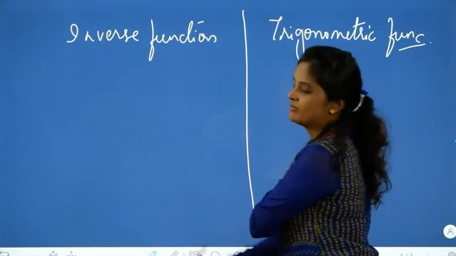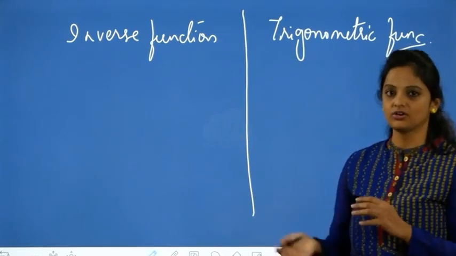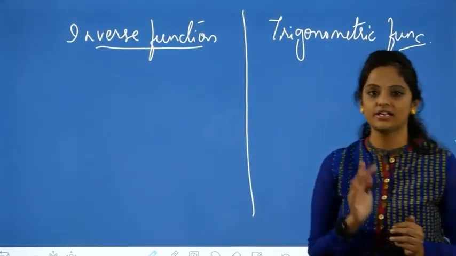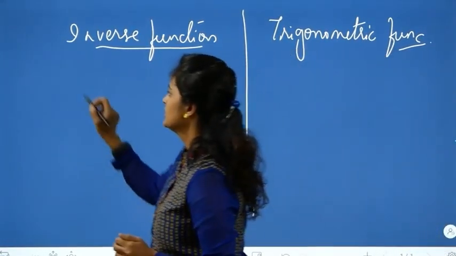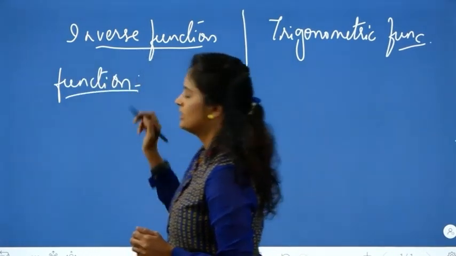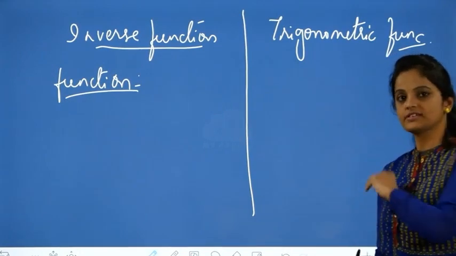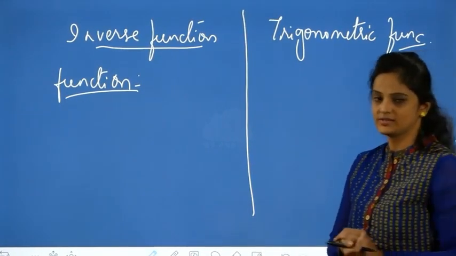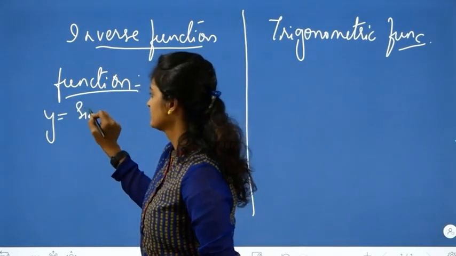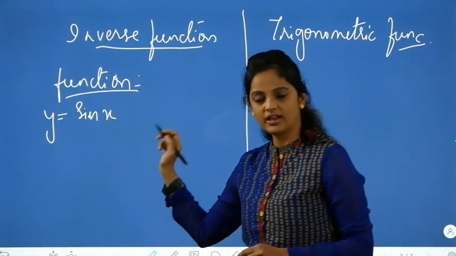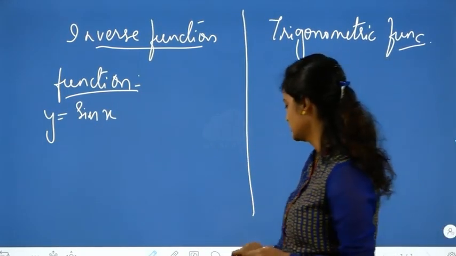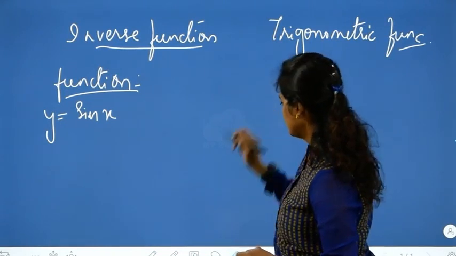Okay, now we are combining that inverse function and trigonometric function. But why we are doing that, why we need this inverse function, that I will explain you now. So what happens now, if you are taking only function, we are talking about trigonometric functions, so always I'll bring the trigonometric functions here to explain. Okay, suppose you are taking y is equal to sine x function. This is nothing but trigonometry and we are talking trigonometric function, so I'm taking y is equal to sine x as one function. If I take the graph of that,